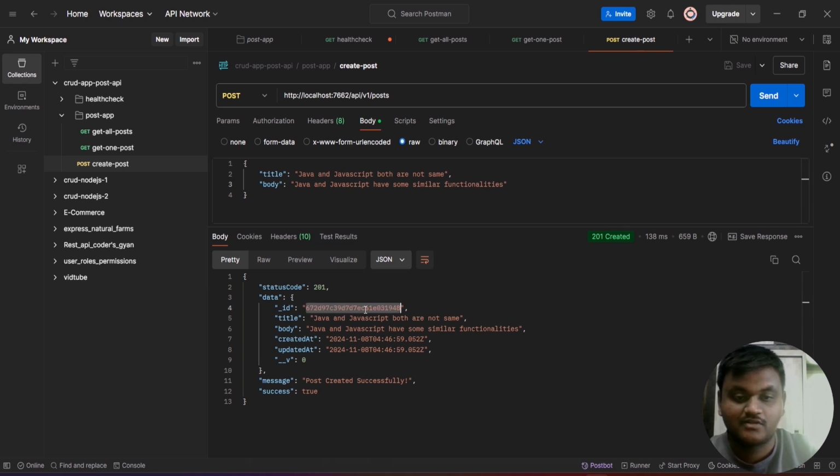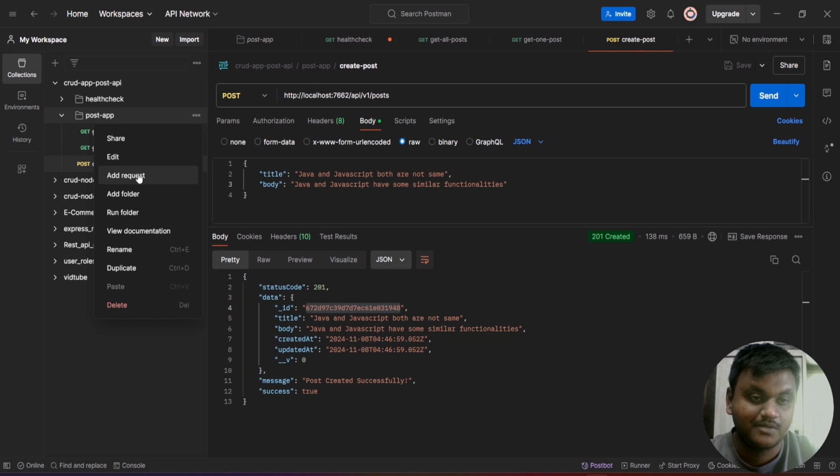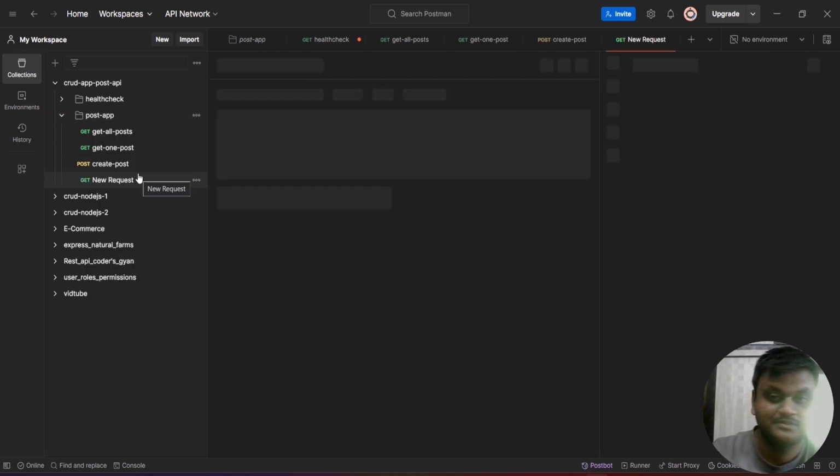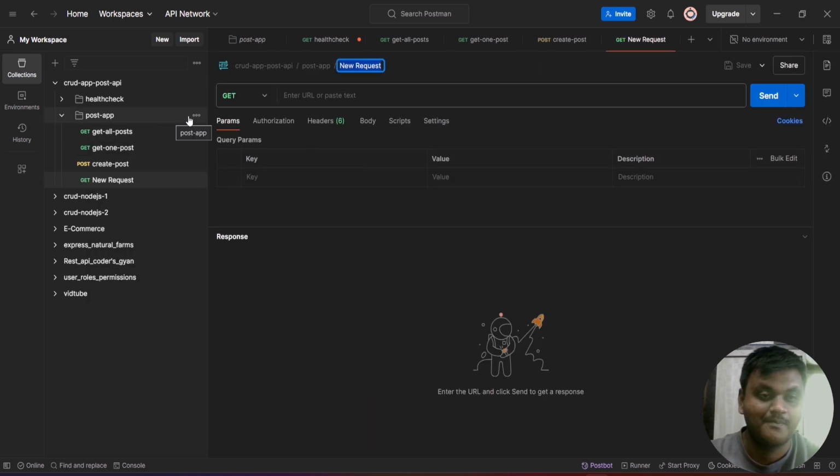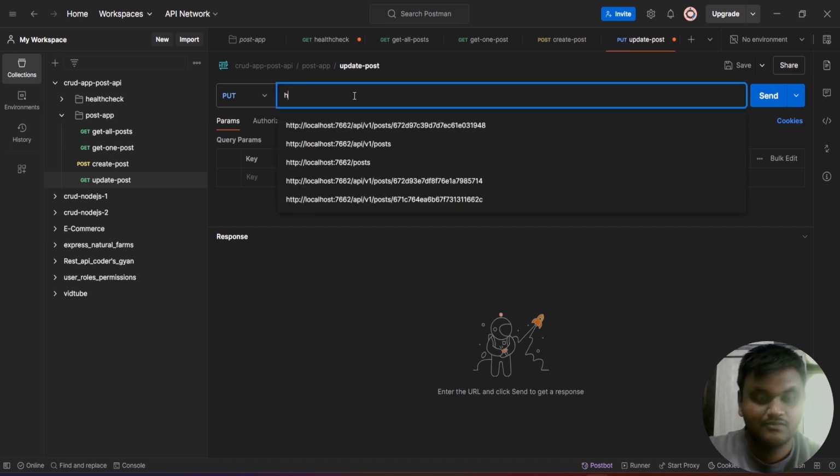If you want to update this post, suppose you have to update this post, then create one more request called update post. Right click on this in the post app, click on add request, name it as update post, and change its method to PUT. Instead of POST and GET, click on the PUT method